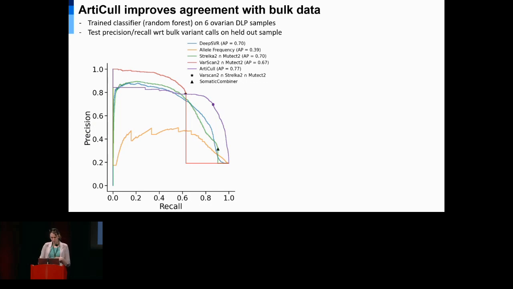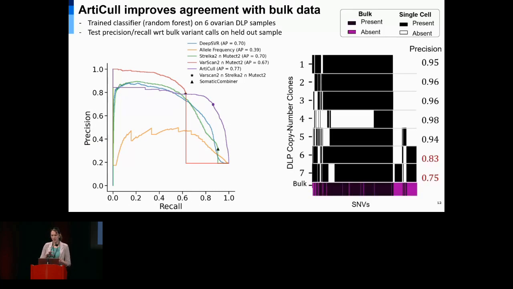Artifact, which is this purple line here, is able to retain 10 to 20% more recall at the same precision level. And we think this is because we are training it to pick up the specific error profile on this data here. Interestingly, what we find is that when we then map this back to copy number clones